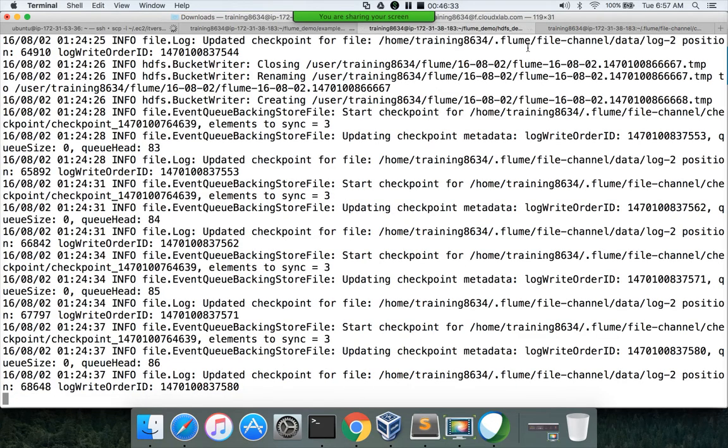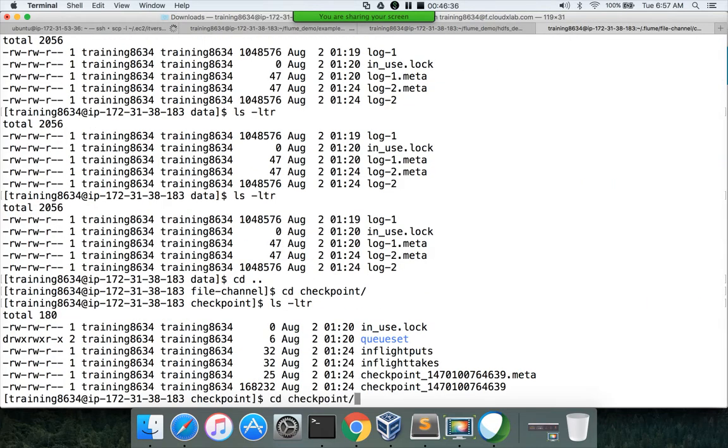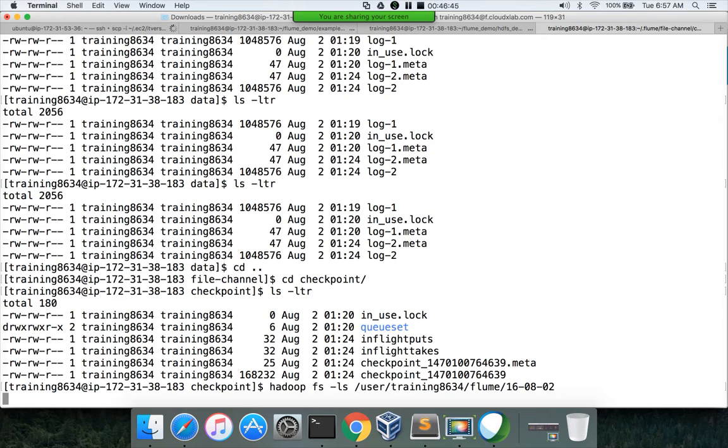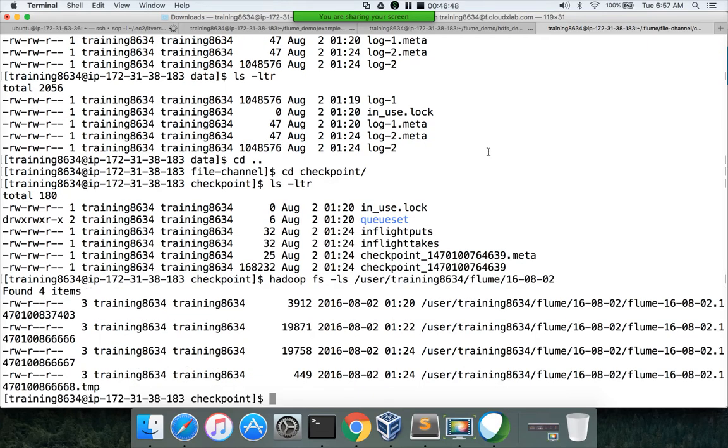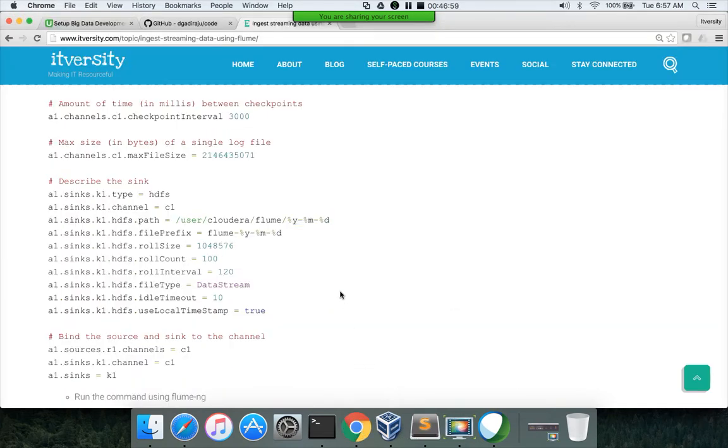Okay, so once certain thresholds are reached, then only it will actually push to HDFS. Even though we defined checkpoint time as 3000 milliseconds, I have to revisit that parameter, whether it is 3000 milliseconds or 3000 seconds. Yeah, I think it's 3000 milliseconds only. I think every 2 minutes it is creating a new file. So let me see the parameters here which we have used. Okay, yeah, so there is a parameter called roll interval, due to which it is actually rolling every 2 minutes.